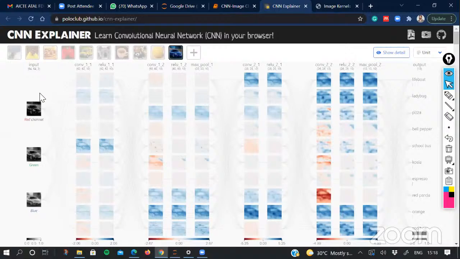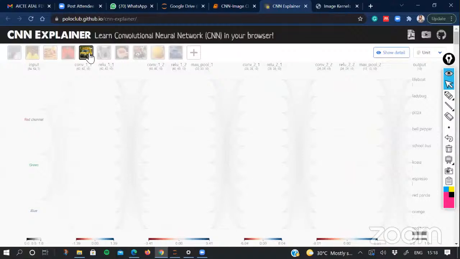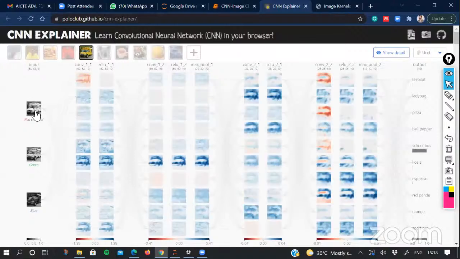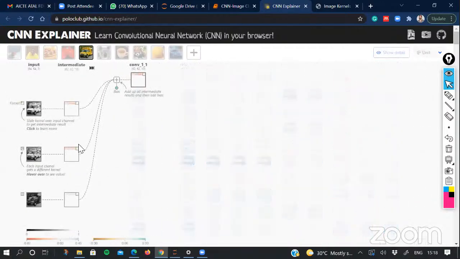Now in this particular problem of image classification, we have defined a convolutional neural network with certain convolution layers, max pooling layers, convolution layer, max pooling layers, and finally we have the output layer where we get the softmax output. So let's suppose I feed this school bus input image, and if I want to know how this convolution is actually being achieved, I can click on this particular image and you see that this is how this convolution is computed.